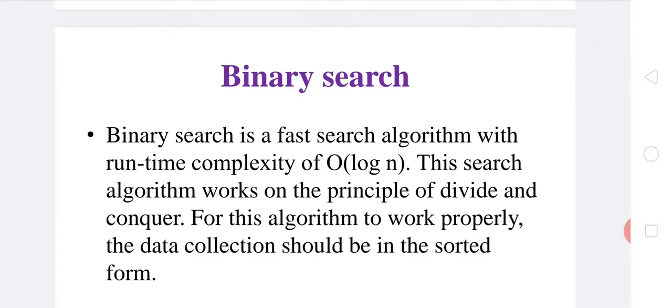In computer science, binary search is also known as half interval search, because as we saw in this slide, if the search number is less than the middle value, then we search the left side of the array. That's why it is called half interval search or logarithmic search, which is also called the binary search algorithm, that finds the position of the target value within a sorted array.